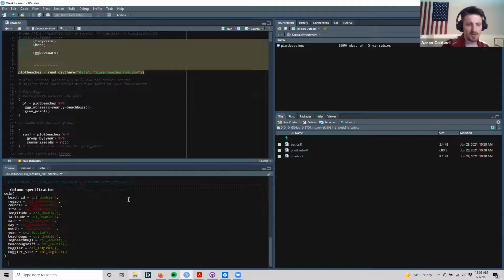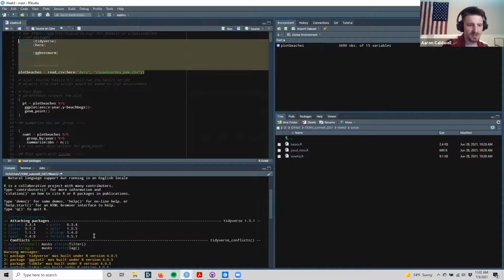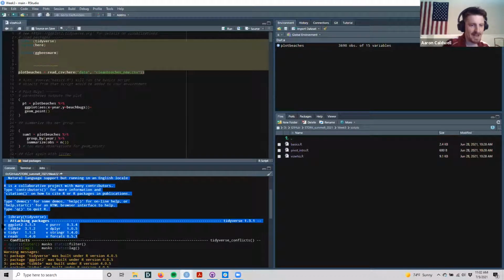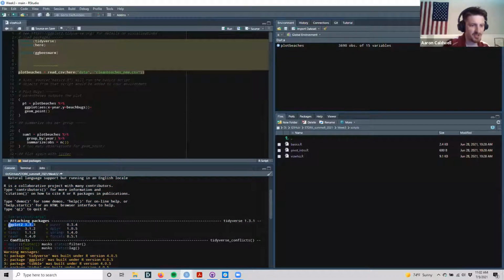So I'm just going to run those. And remember, as I run tidyverse, it's importing 8 packages here. And one of the first ones is this ggplot2 version